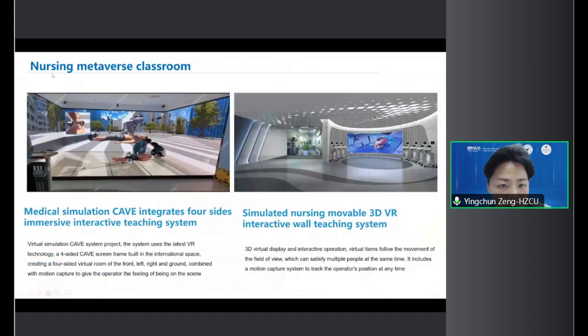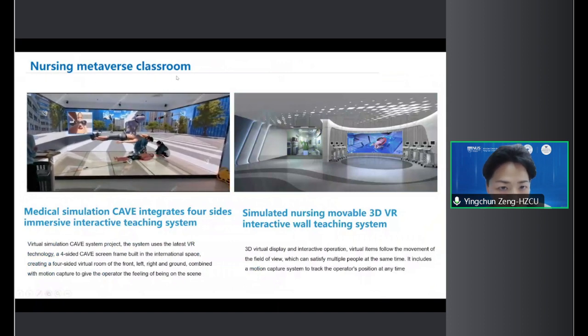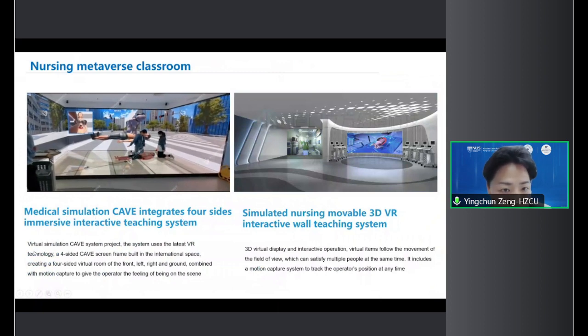This is another example of nursing MetaVerse classroom. This is the medical simulation care integrated foresight. So the